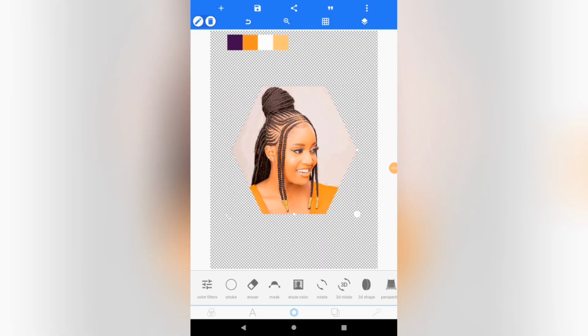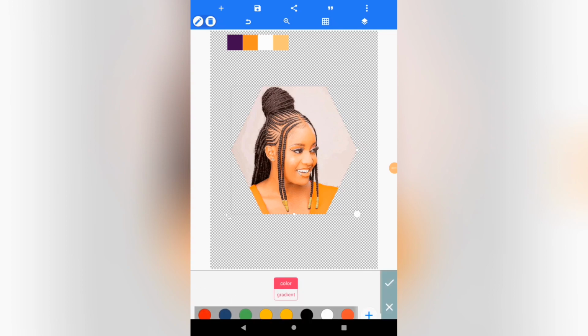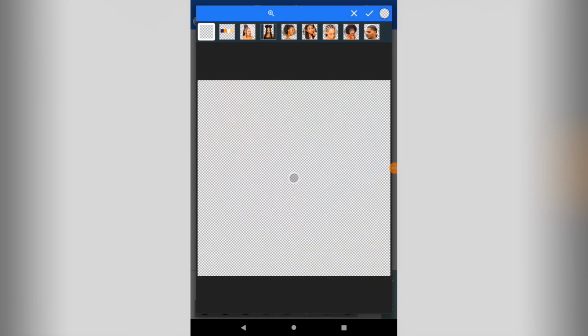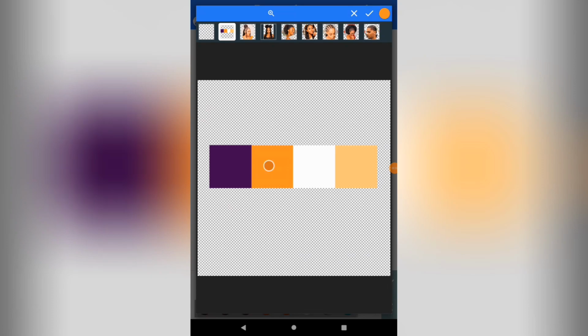Alright, so we are done with the clipping. So the next thing we have to do is to bring in our background. I'm going to bring and start manipulating the background here. So the colors that I use for the background is this color combination here. I use the first one here. So let me just show you in the gradient section. So I'll come and click on this first tab here, and I'll go to color picker. Now I'll come and click on this first color. You can see this first color here. Yeah. So this is what I'm using for the first part,